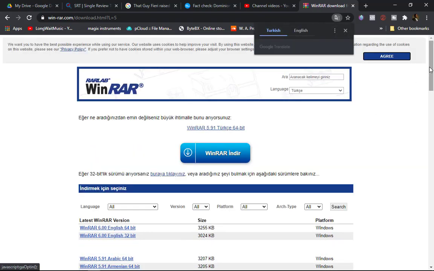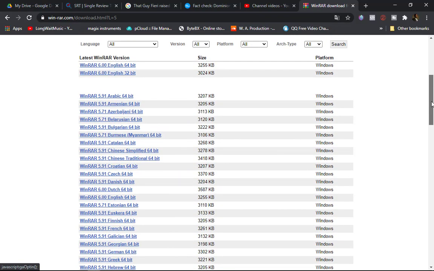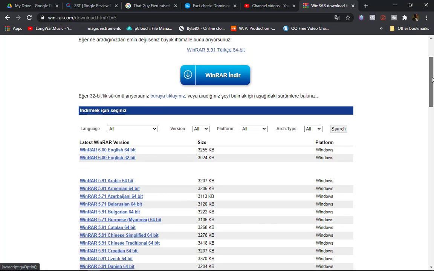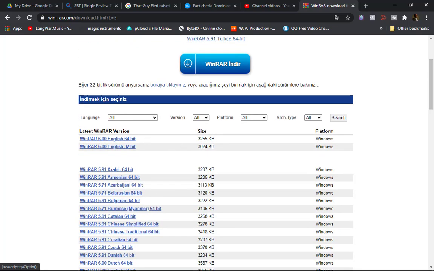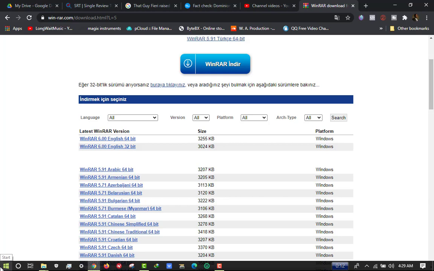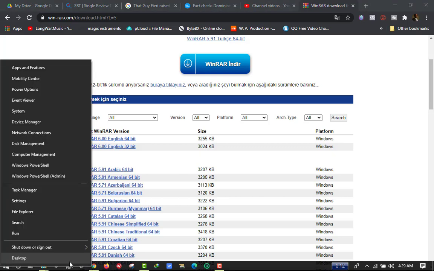Alright, so when you get here, these are all the versions of WinRAR that are available. Now, English, of course, is the foremost language, so English is at the top. So you will see WinRAR 64-bit, you see WinRAR 32-bit. You may be wondering, I don't know if I'm using the 32-bit or a 64-bit. Now, if you are using a recent system, there is every likelihood that it is 64-bit. 32-bit is an old technology, but just for you to be sure,